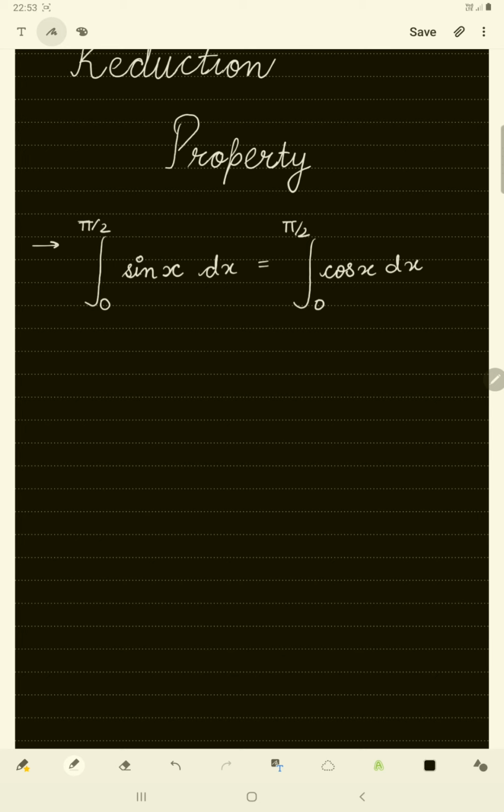Now if we were asked to integrate this, we can do it very easily, but the complex part is that we have a power of n over here and n over here. So n can be any natural number, and this makes the problem a bit tough because we have a natural number in the power of sine.